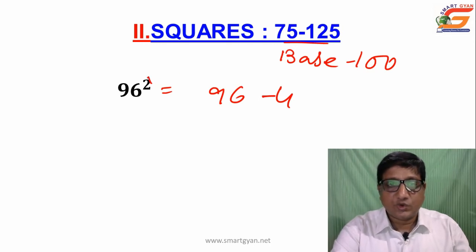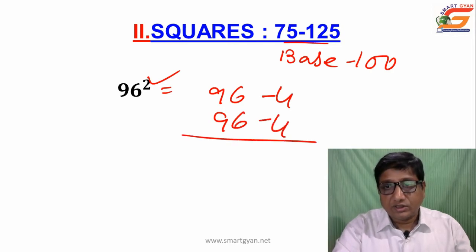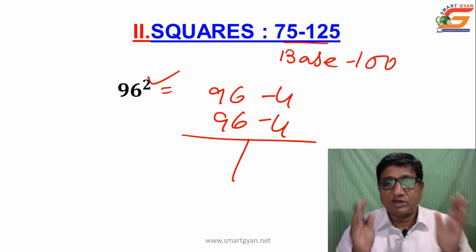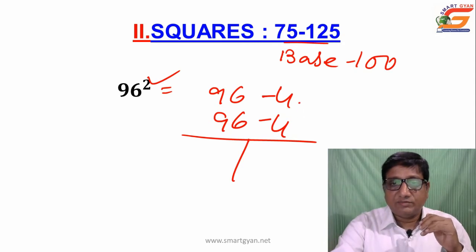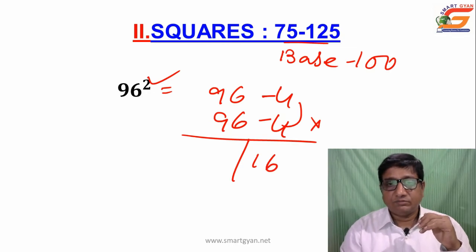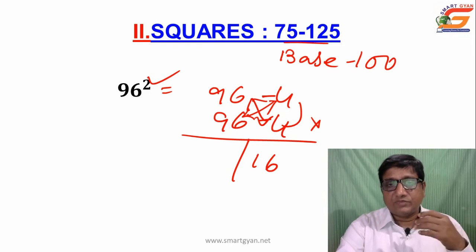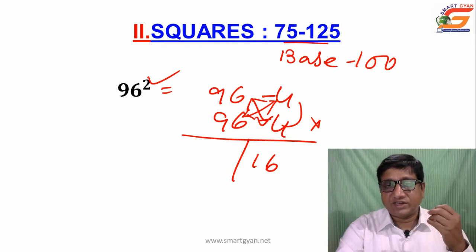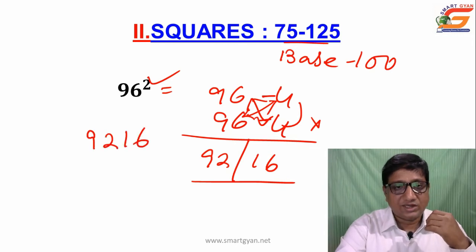And as it is a square, we will repeat the same thing once again, 96 minus 4. And here also we will find two parts, one right part and another left part. The approach is the same. How? Simply we will multiply the right part digits, 4 into 4, that is 16, as your right part. Then the left part will be cross subtraction, either this way or that way, the answer will be the same. 96 minus 4, 92, because the figures are the same. So your final answer is 9216.